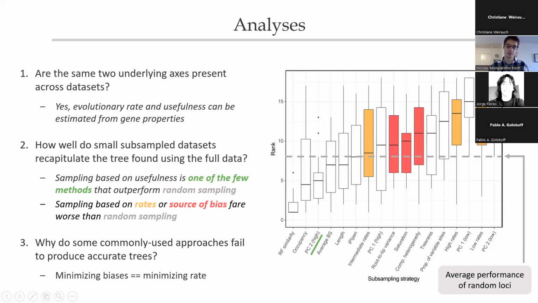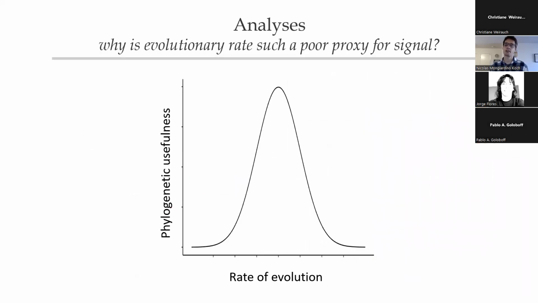The least saturated genes in an empirical data set, the least compositionally heterogeneous, the ones with the least rotative variance or the most clock likeness are all the ones that are evolving really slow or not evolving at all. So the reason why this fails is because they're generally just getting at genes that are uninformative. But this still leaves us with the question of, why is evolutionary rate such a poor proxy for signal, when